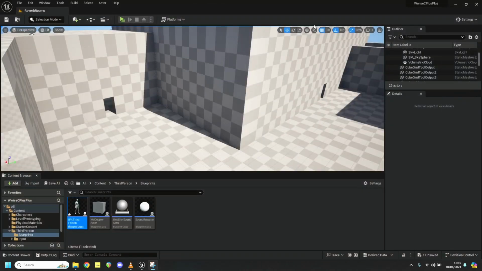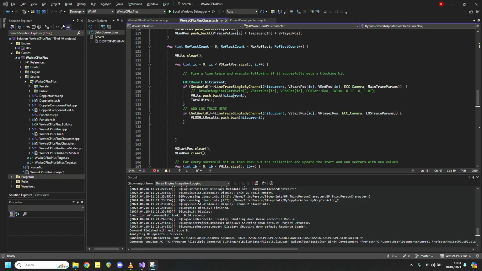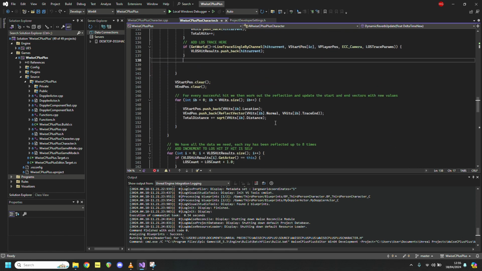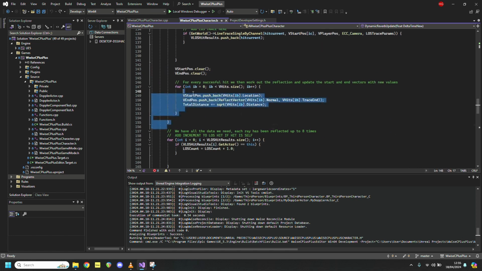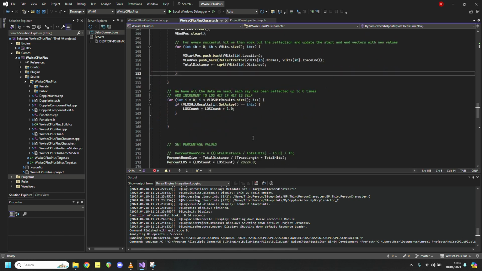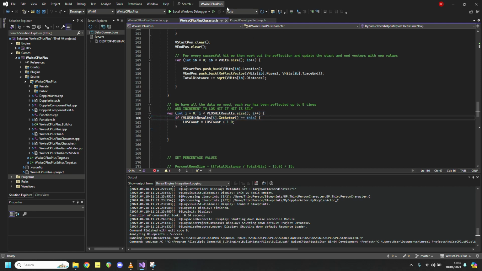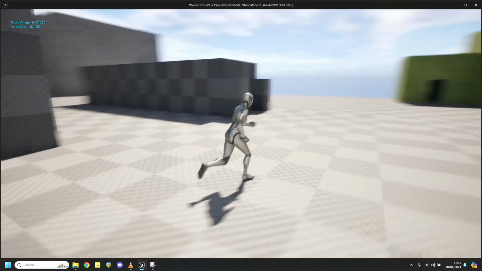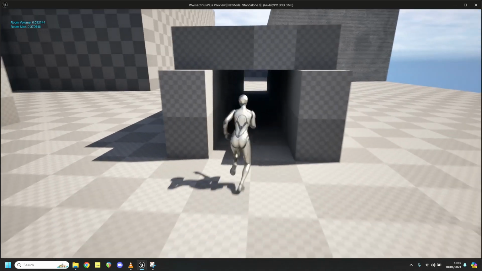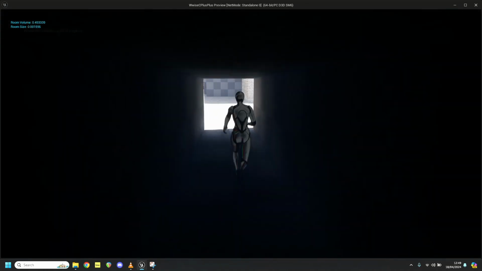The main problem is line traces are cheap, retrieving their physics data isn't. So to get around this, you can batch all the traces in one function and then batch all the physics calculations in another function. And this massively reduces latency because now the CPU only has to move between the physics thread and the game thread a lot less. Also, we can run this system async on a background thread to stop it from slowing down the main thread